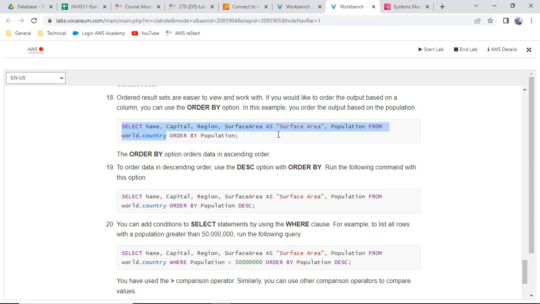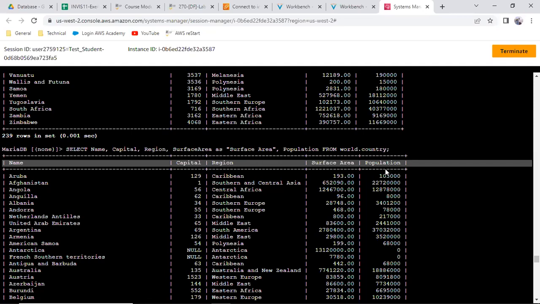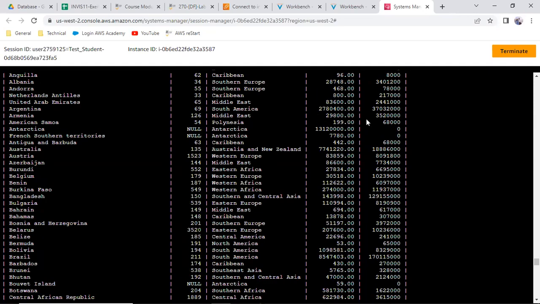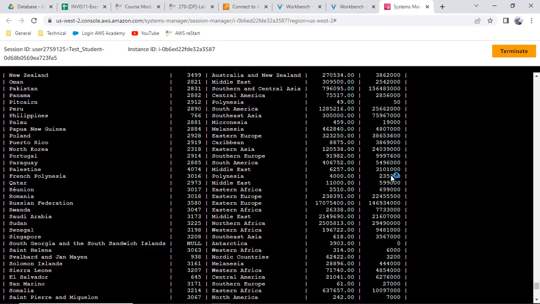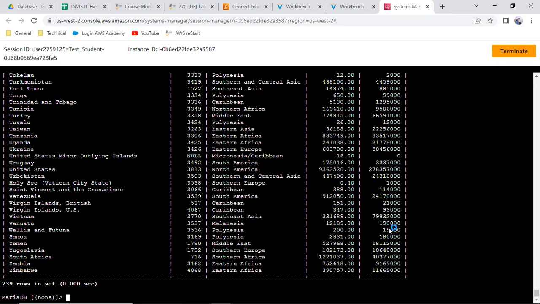Arranging in order. If you don't specify, it is ascending order. You know ascending and descending, right? Sequentially. So here, as you see, this is not in order. You see there are some zeros, some values. So what you can do, you can open the previous one and add ORDER BY